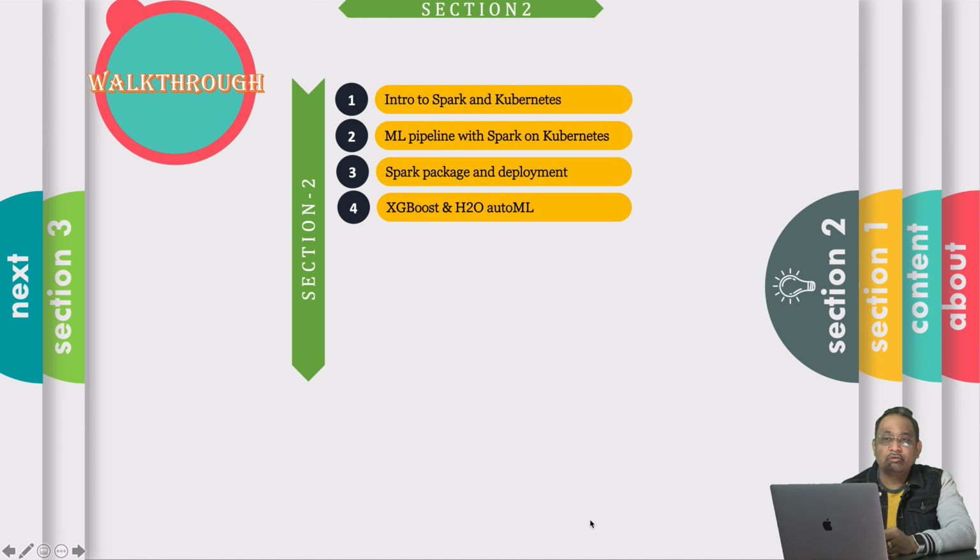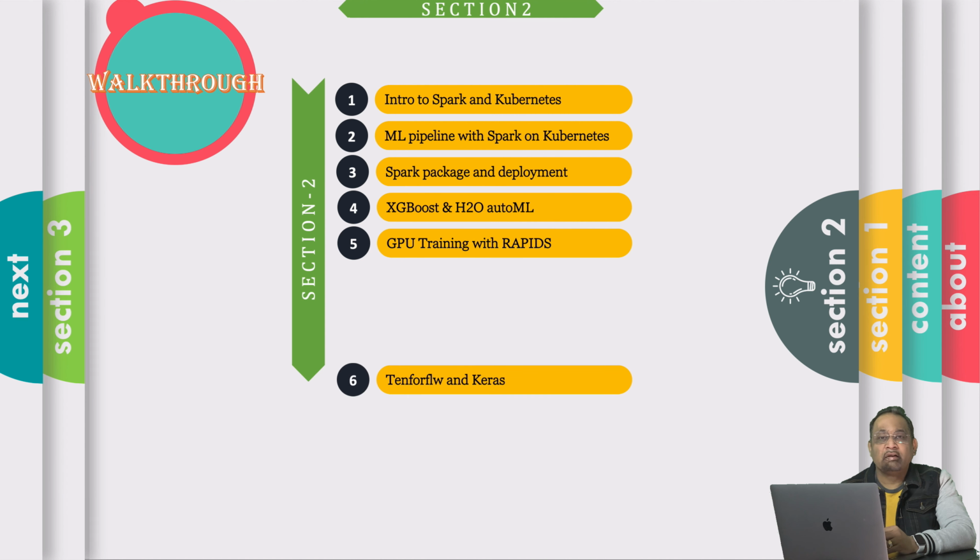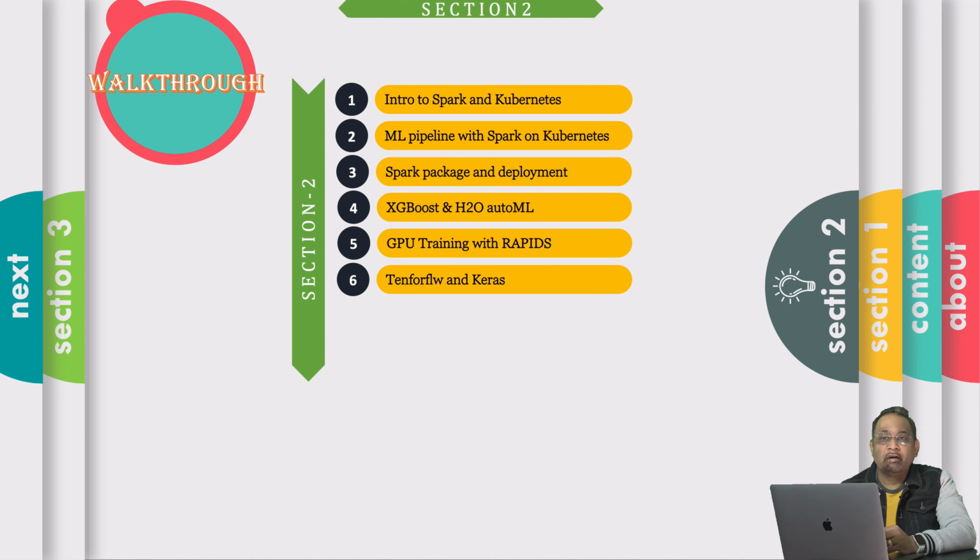In the fifth video, we will get our hands on GPU-accelerated training using CUDA primitives and will implement the ML pipeline using RAPIDS, which is a CUDA framework-based library and a drop-in replacement for scikit-learn for GPU-accelerated training. In the sixth video, we will discuss deep learning frameworks. We will compare different deep learning frameworks and implement our malware analysis use case using TensorFlow and Keras.